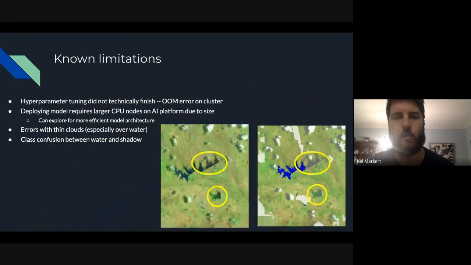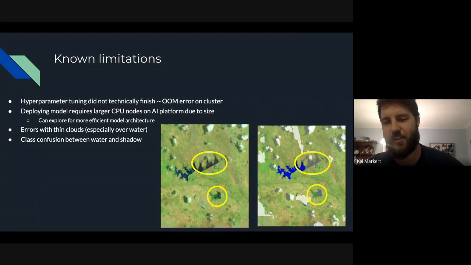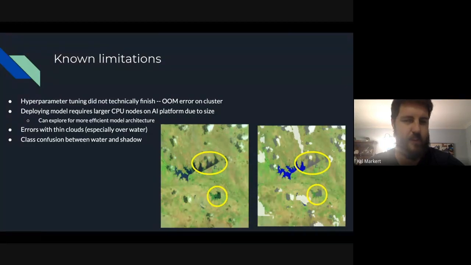Okay, so some known limitations. Basically, when we're running the hyperparameter tuning, it didn't technically finish. It ran through maybe 6 or so trials, and then after that, it has an out-of-memory error on the cluster. Basically, we're just going to need more compute or figure out a more efficient hyperparameter process to run this,